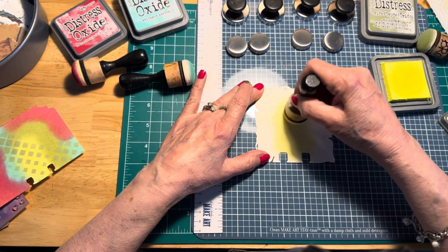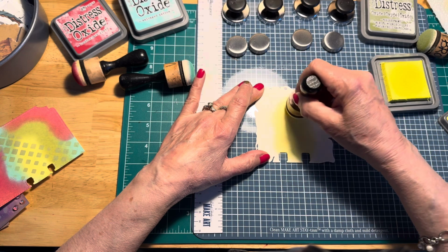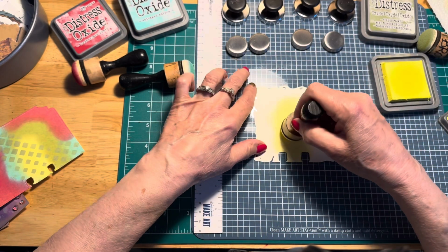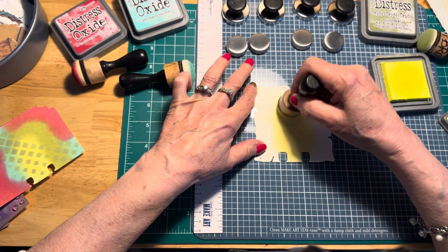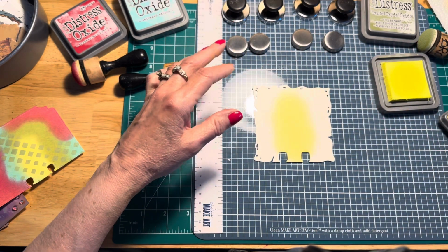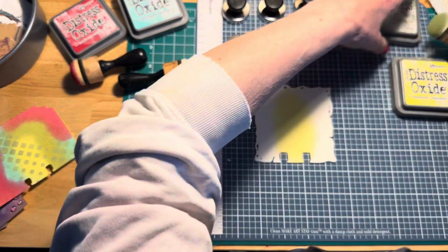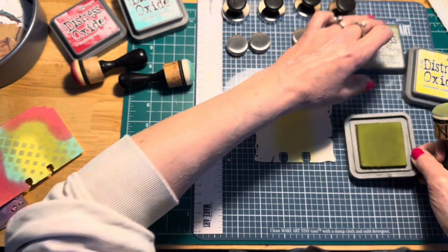Now, because this is yellow and it does blend with all of the other colors that I've taken out to use, we can make a pretty big splotch of this in the center, okay? Because as you know, red and yellow make orange, blue and yellow make green, and the green and the yellow kind of make a little bit more of a limey green. So because